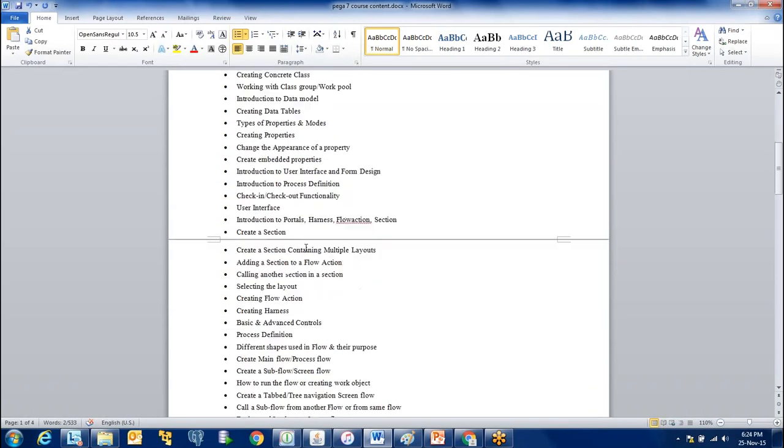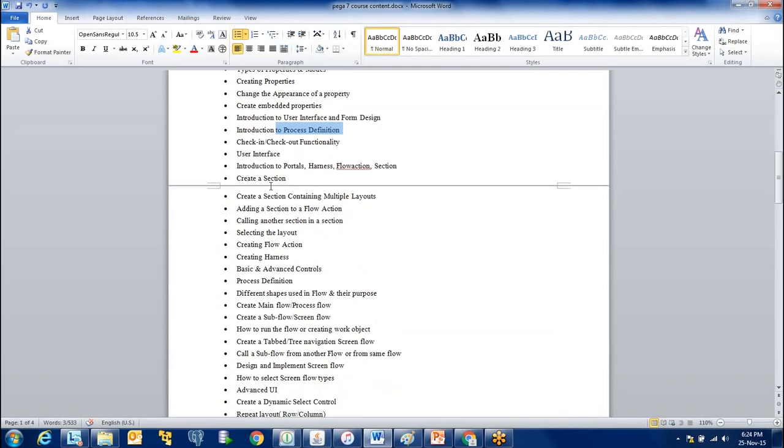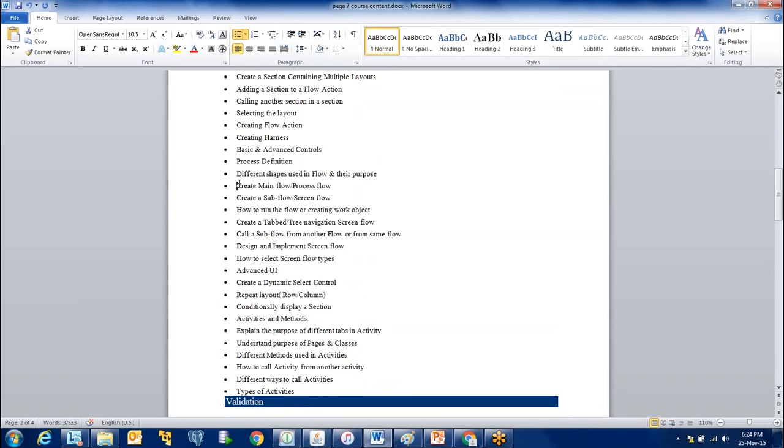Another thing is how to design the user interface. The user interface is what the front-end user would be seeing, and that is the rendered HTML code. Then the process definition, and the check-in and check-out functionalities which are specific to rules. Another important thing we would cover is the process flow.